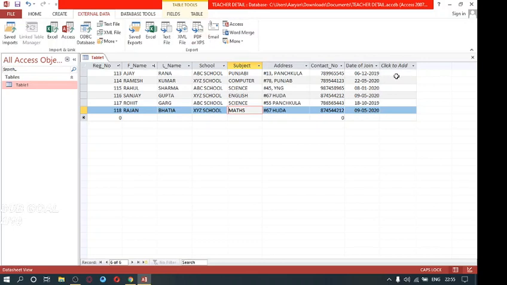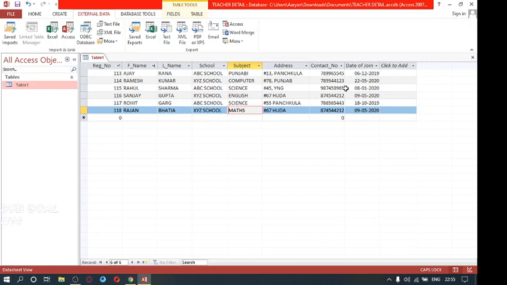Any table you can open, any student detail or any teacher detail. And we have here the fields: registration number, first name, last name, school, subject, what subjects they are teaching, address, contact number, and their date of joining respectively.